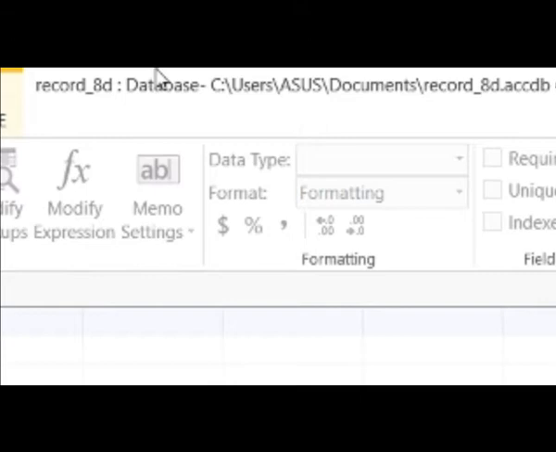One more thing, see, the name has changed from Database 2 to record 8D. This is the database file, record 8D. Now we haven't made the table yet, so we will now work on creating a table.